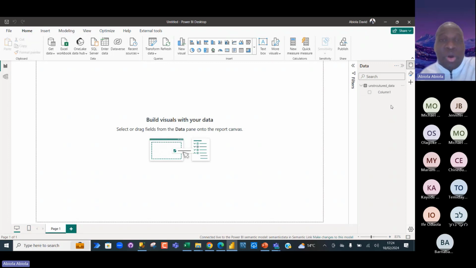Now, this creates what's called DirectQuery. DirectQuery simply means the data will not be loaded into Power BI Desktop. For instance, when you look at the left-hand panel, you can see the table view is missing. So we can only see the report view and the model or relationship view. We can't see the table view because this is just a DirectQuery, just to connect to the data without loading the data or the table physically into Power BI Desktop. So that's basically how we can get data from the OneLake data hub.